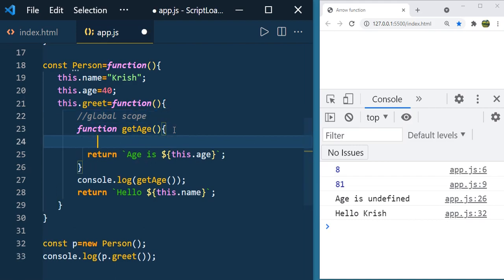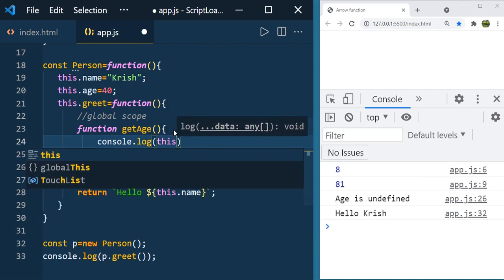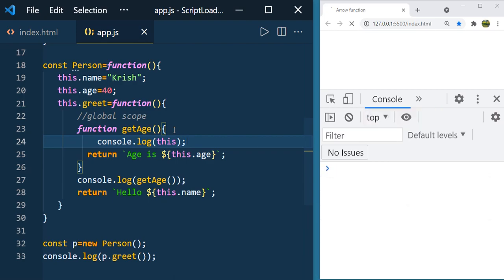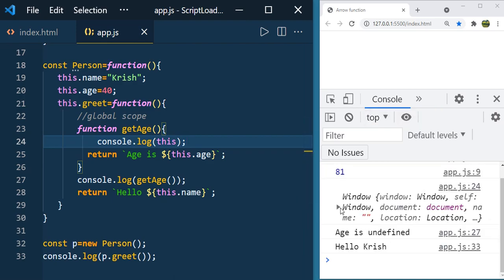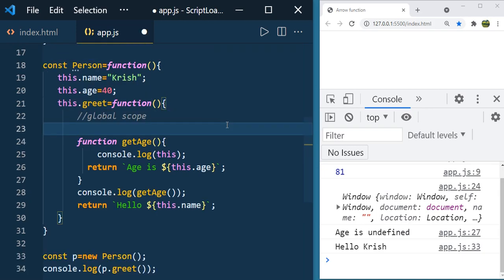Let us print console.log this here, and you see what the output is. You can see the window. So this getAge is referring to the global scope, which is window, and that's the reason this.age is undefined.